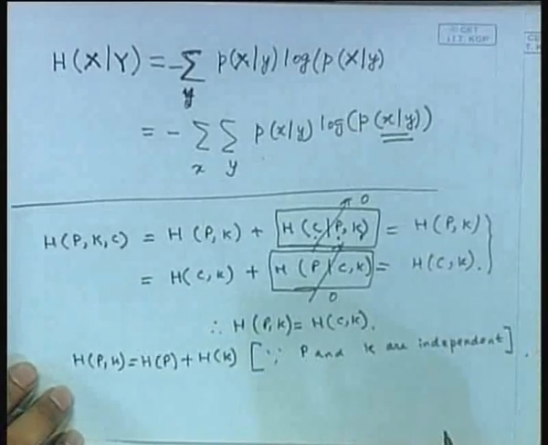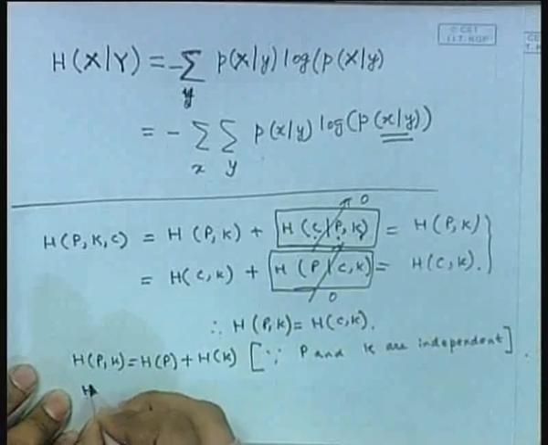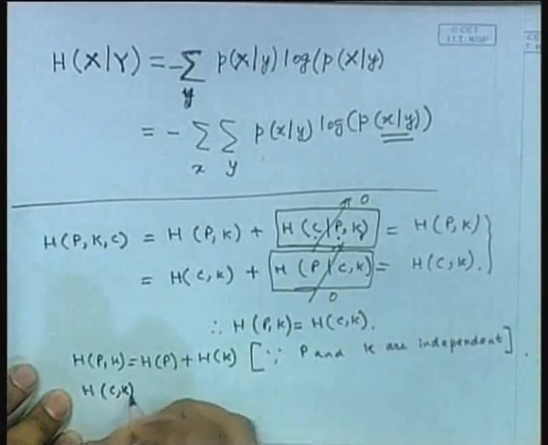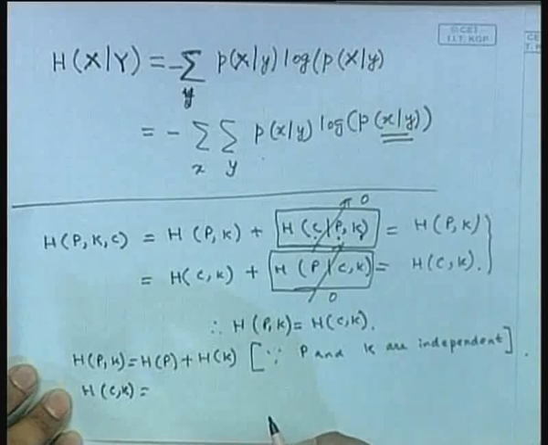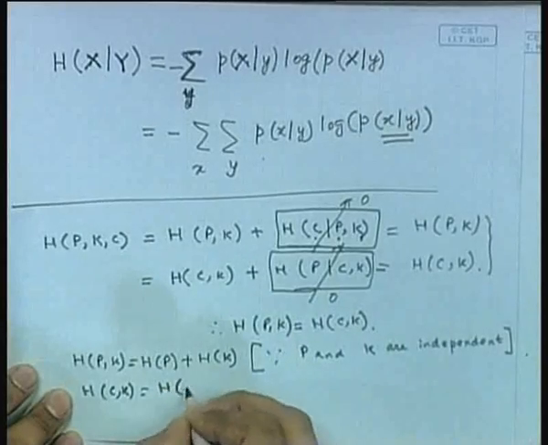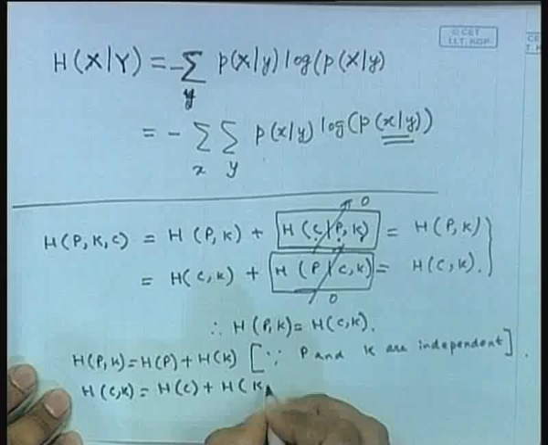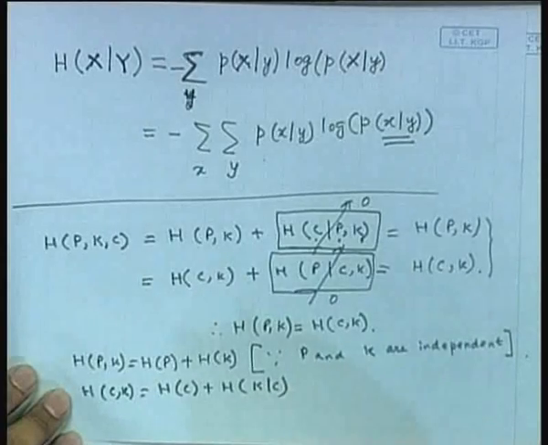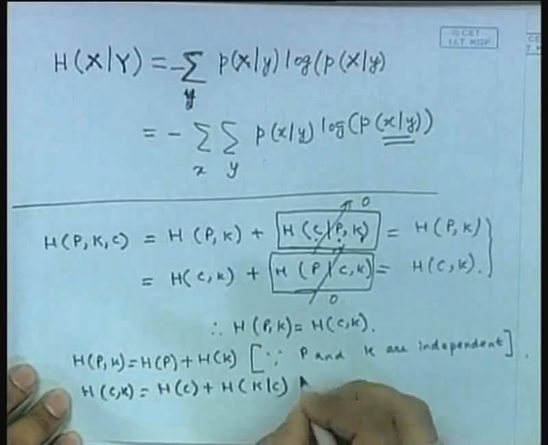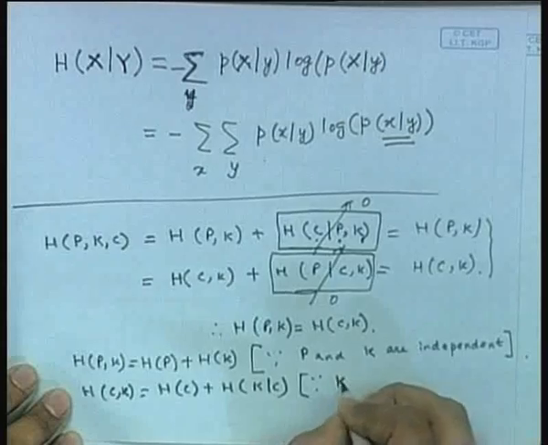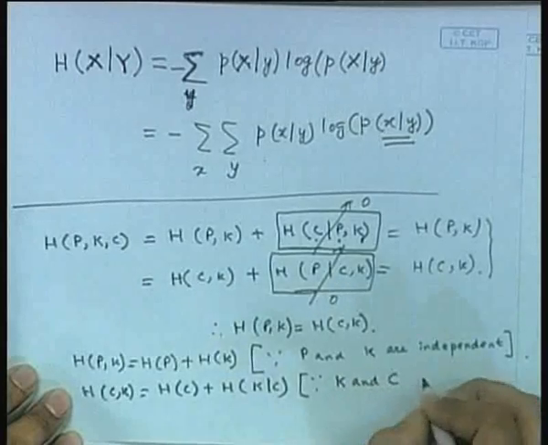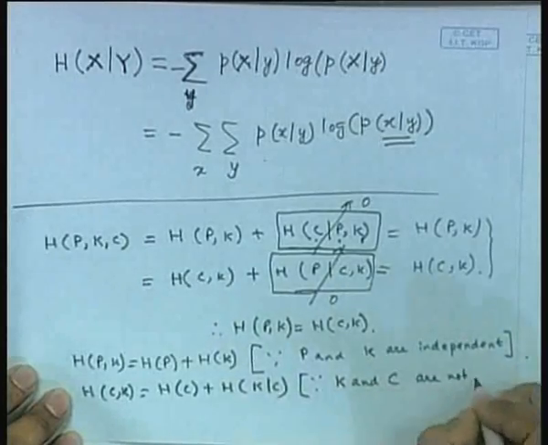But what about H of C comma K? It is equal to H of C plus H of K given C, because K and C are not independent. So we cannot write it like before, right? Since K and C are not independent,